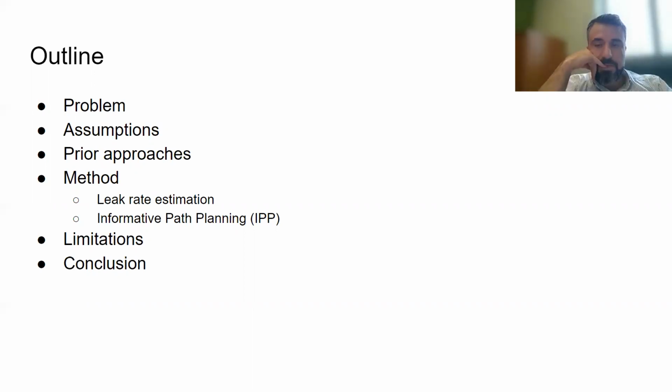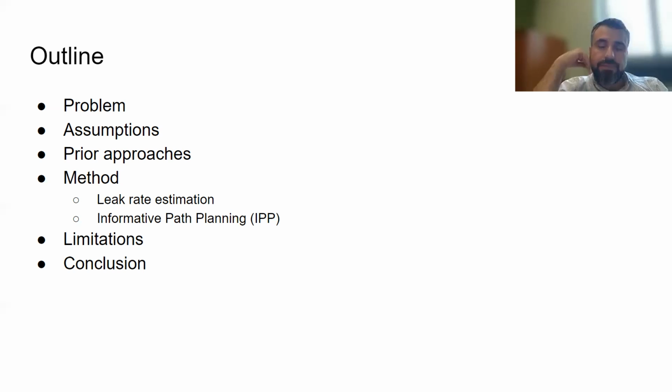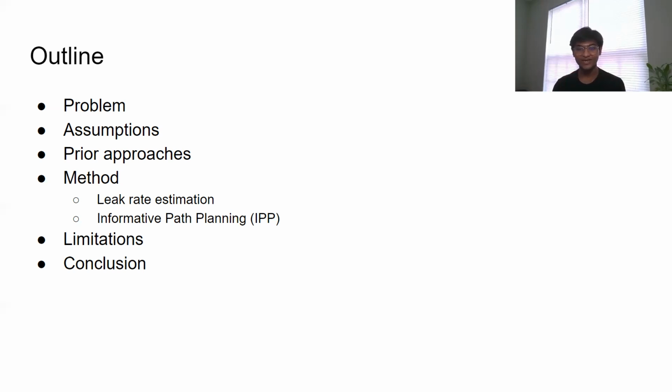A Gaussian process assumes you have multiple Gaussian distributed random variables and that they can be modeled as a multivariate Gaussian. Over here, we consider individual oil wells, which have a leak rate, which is scalar. A leak rate could be 0 grams per second or 10 grams per second. So it's a single random variable, which is Gaussian distributed. So does that answer your question? Yes, all right. Thanks. Sure thing. Thank you for the question.